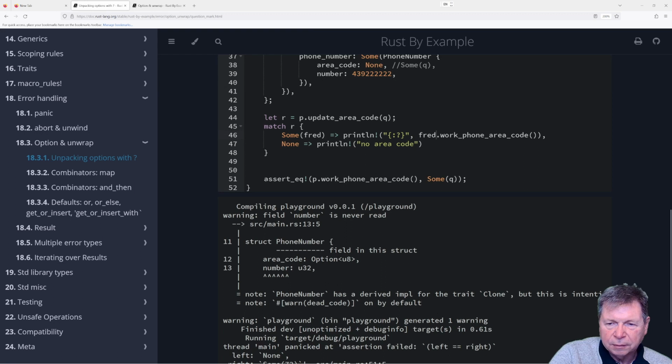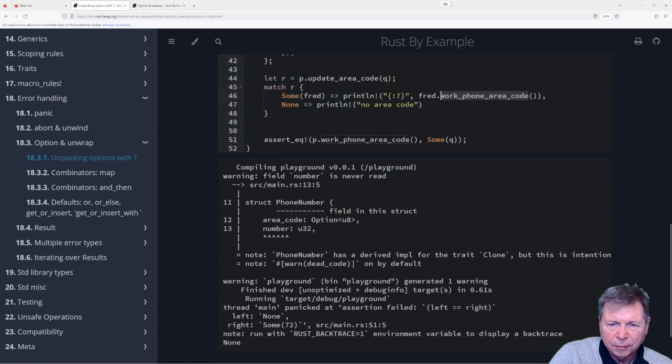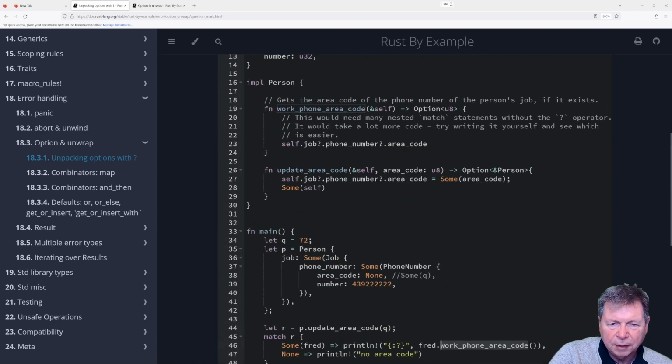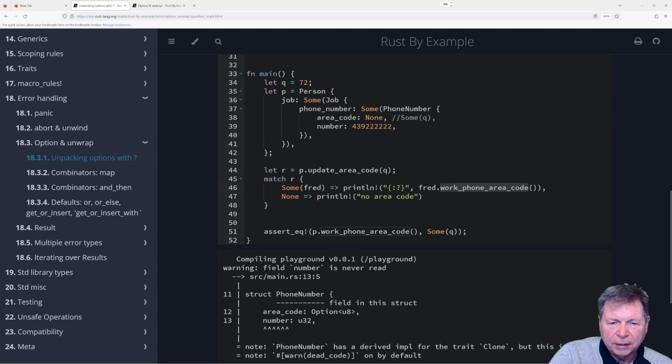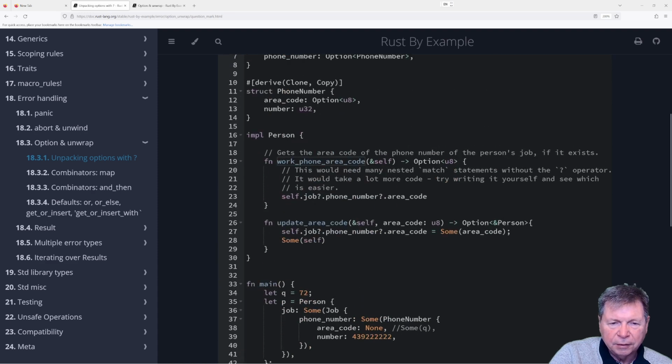Oh, work phone area code. I guess we got none. So Fred got something, but when we asked for Fred to print out the work phone area code, it didn't actually update the area code.